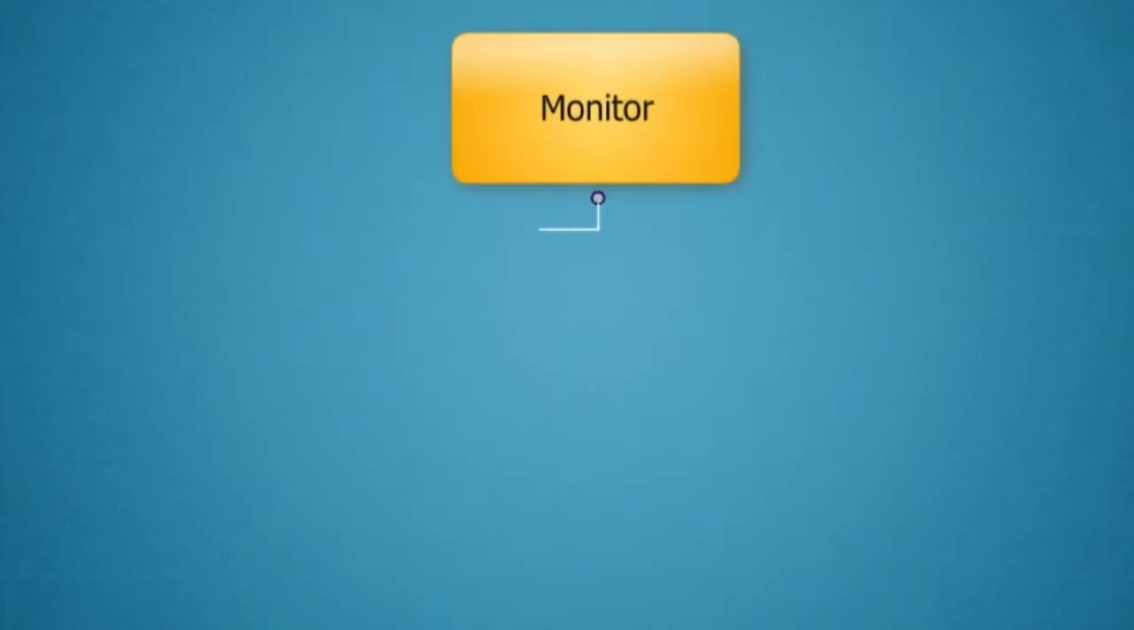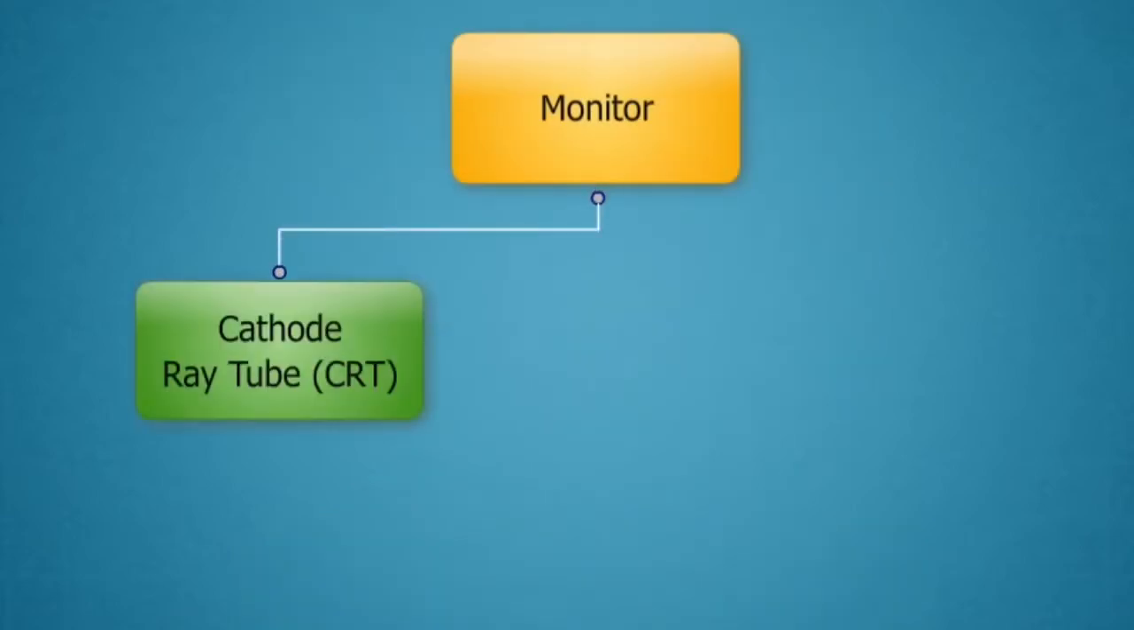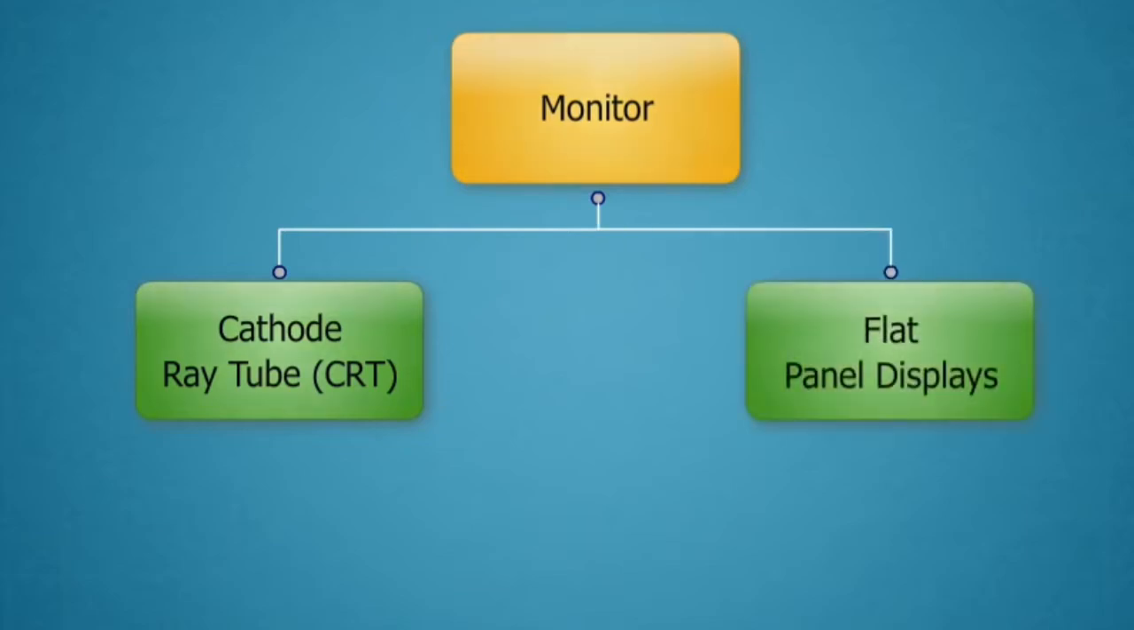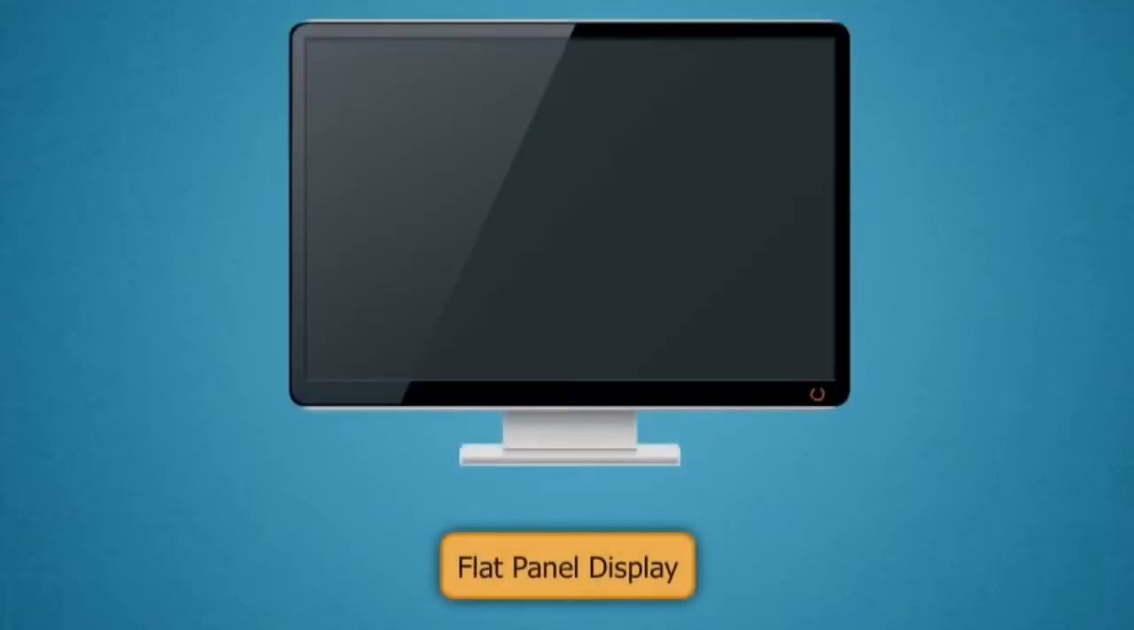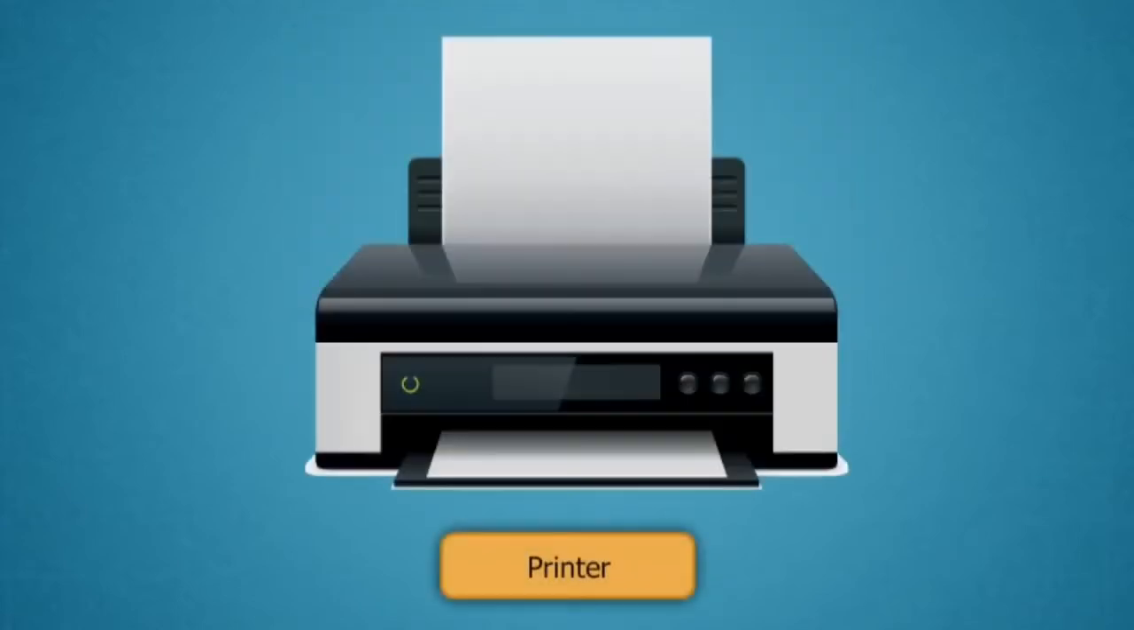Monitors are of two types: cathode ray tube or CRT and flat panel displays. CRTs are cheaper and have good viewing angle, but they are also bulkier and consume more power. On the other hand, the flat panel displays have no magnetic interference and are lighter. They are also costlier. A printer takes processed data from the computer